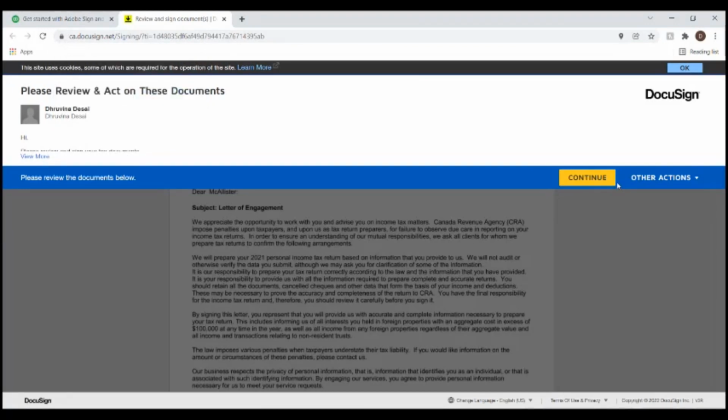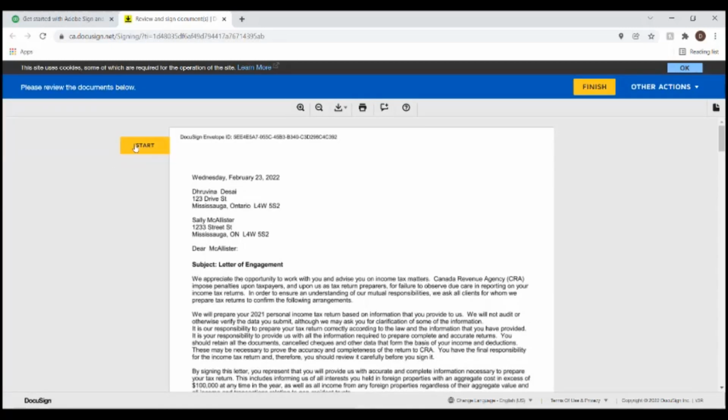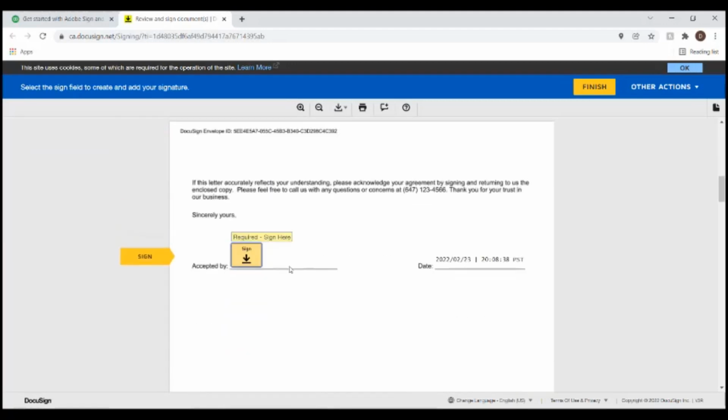And then they will just click Continue. If they haven't used DocuSign before for any other corporation or any other business, they will have to set up their signature and I believe their email preferences and stuff like that. But pretty much they'll come in here, click continue, and then when they click start, it will guide them to the signature spots, so where their signature is required, and the date and timestamp will come in together like this